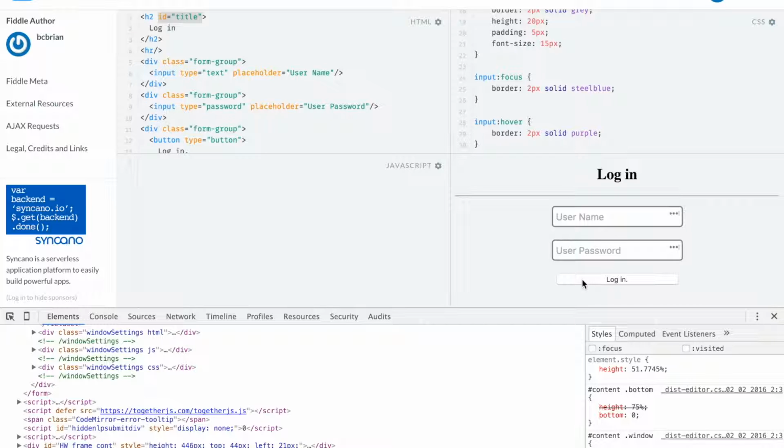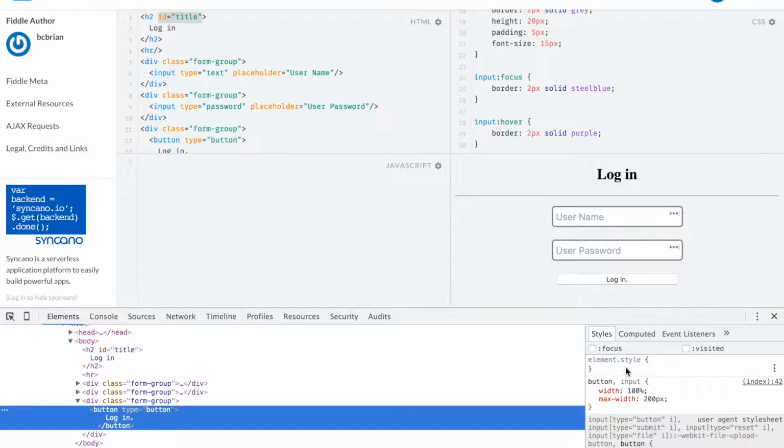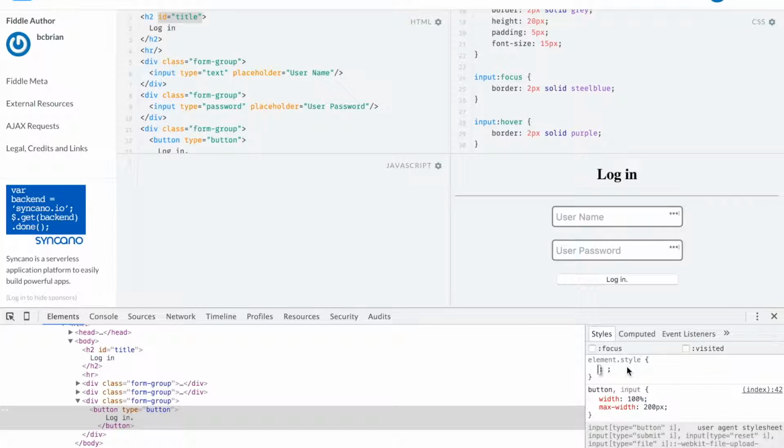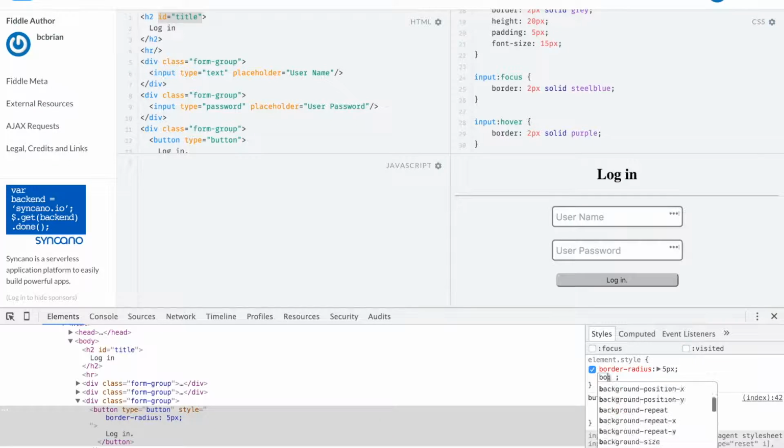some match there. So we're going to inspect the button, and we have just the button's element style right here, which is perfect. We're going to go with a border radius of 5 pixels to match that. That's good. We're going to do some play with the borders to give it a little bit more of a 3D look. So we're going to go border